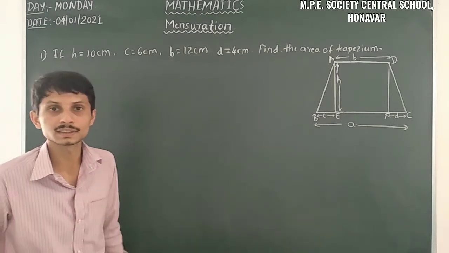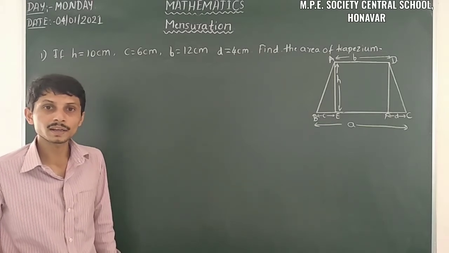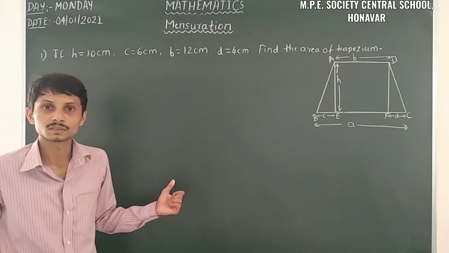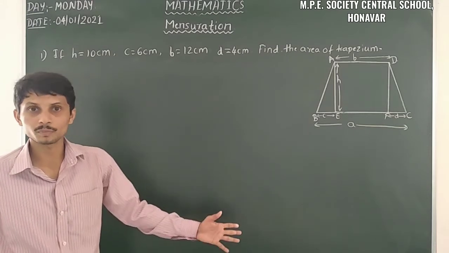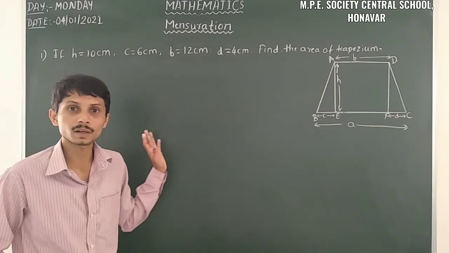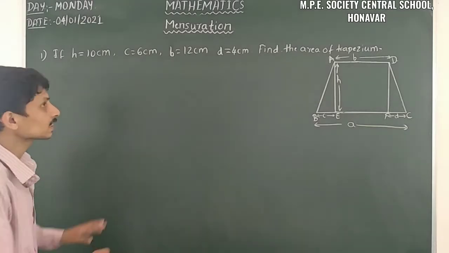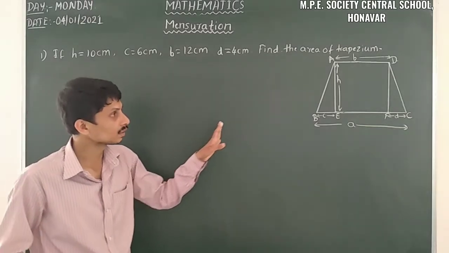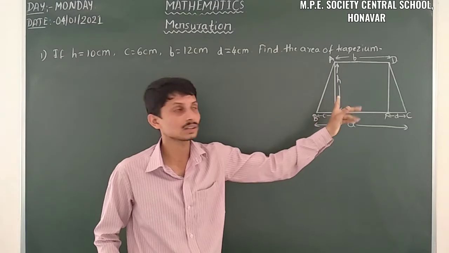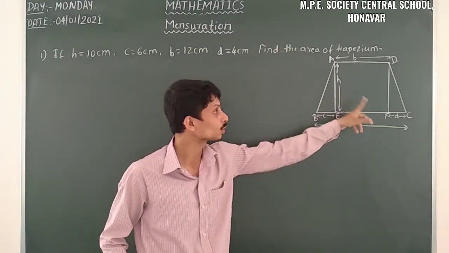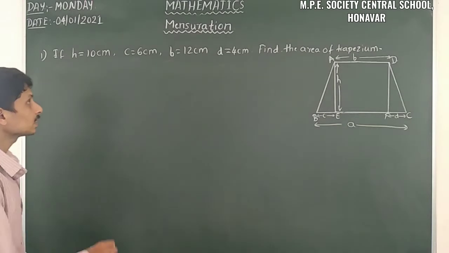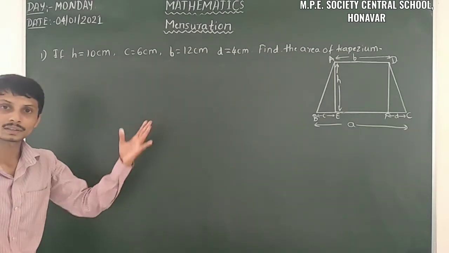So let us compare the things. Let us verify the formula for finding the area of the trapezium by comparing these two cases. In the first case, I will consider that the area of this complete trapezium is equal to the sum of the areas of these three figures, that is two triangles and a rectangle. Firstly we have to take the triangles one by one.